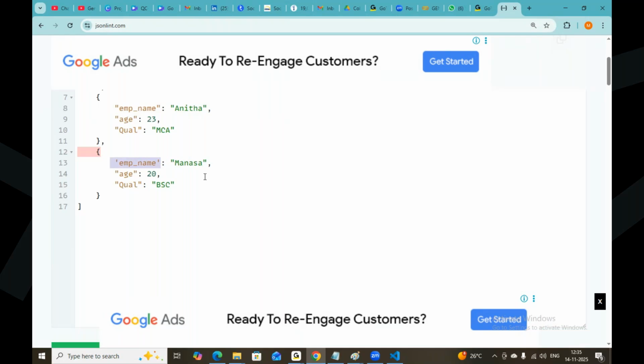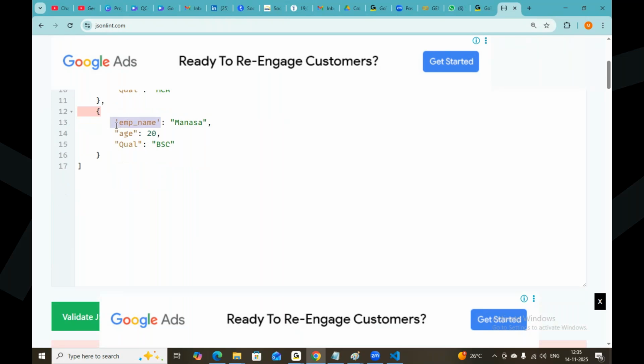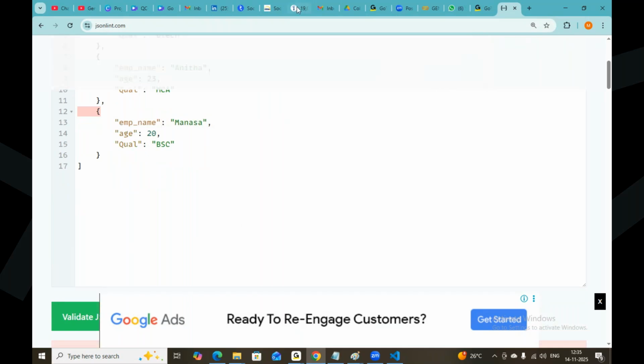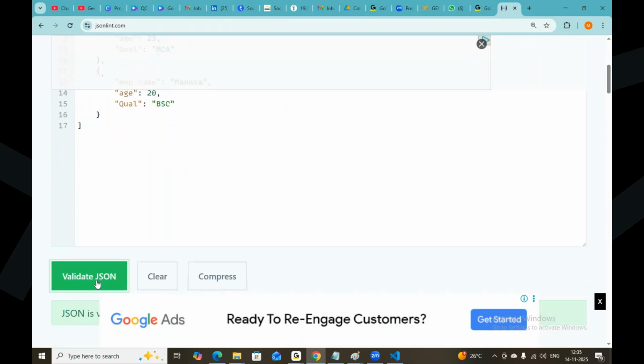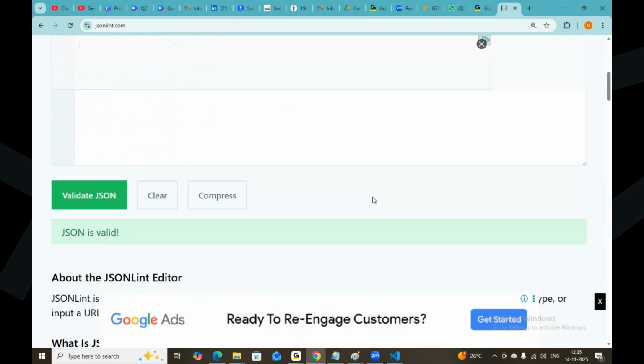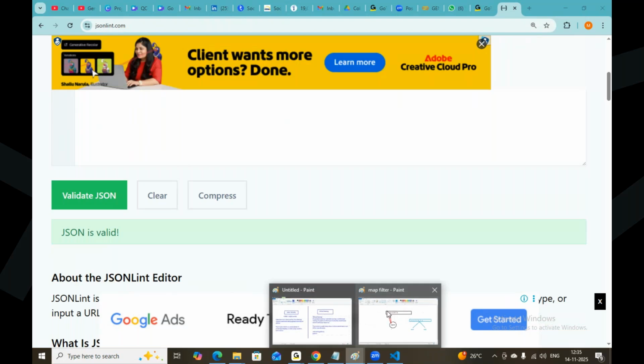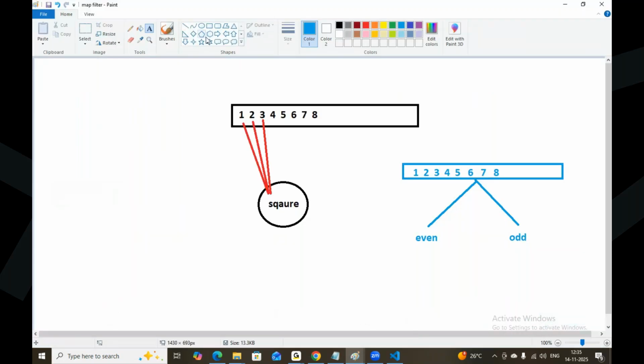Okay, let me go change it. JSON is valid now. Now the point is, I want to convert